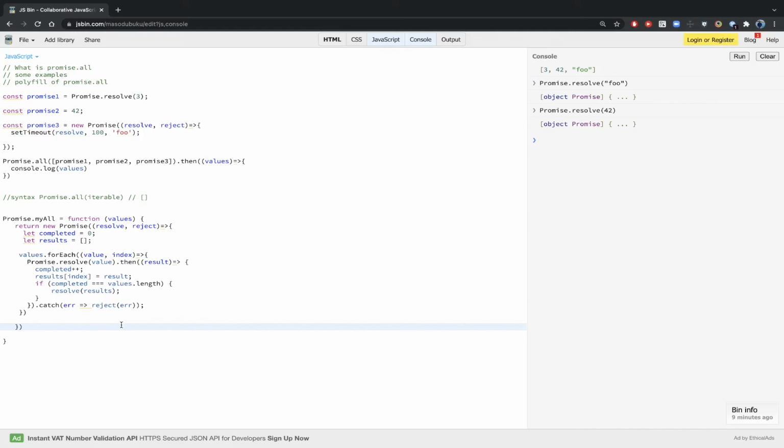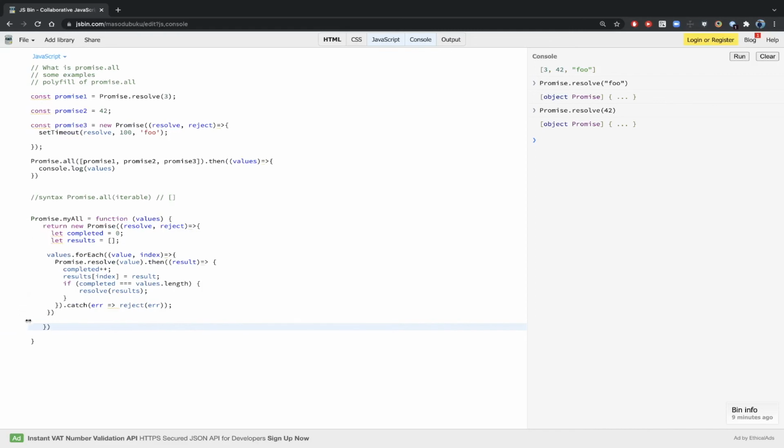Whenever any of the promises fails, the overall Promise.all will be rejected with that error. It will not give you any completed promise results. So make sure that you use Promise.all only in situations where you are interested in all of the values or none. If any of those fails, you are not interested in any value.